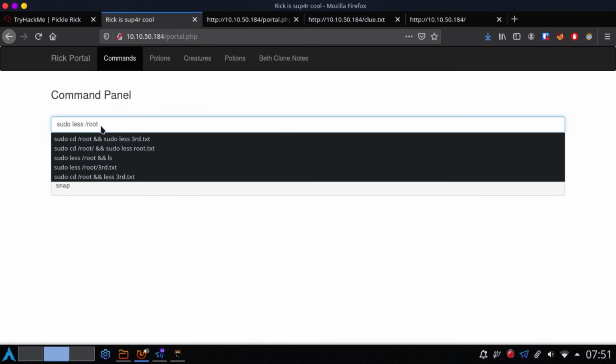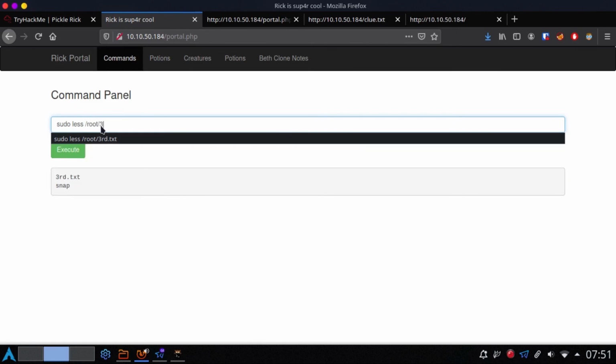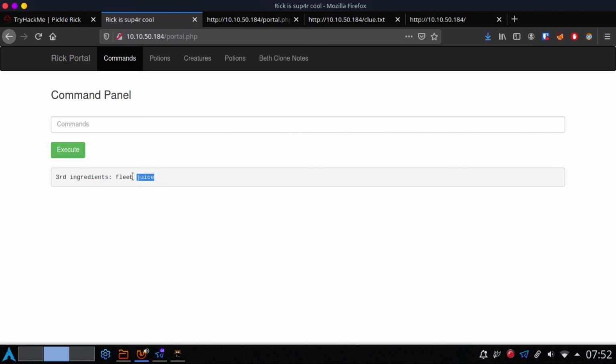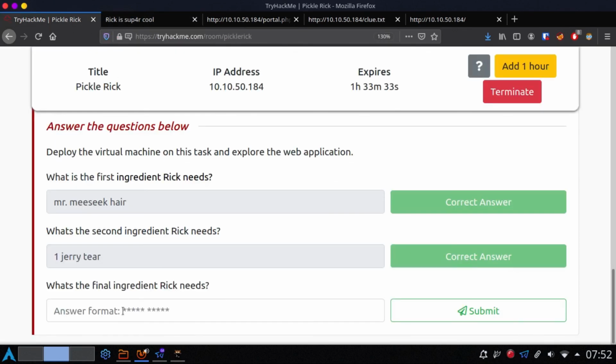/root/third. Have some auto completion, nice for me. I can just execute this and I should get the third ingredient. I think this is the only one, and I guess I'm done. I'm just gonna submit this,